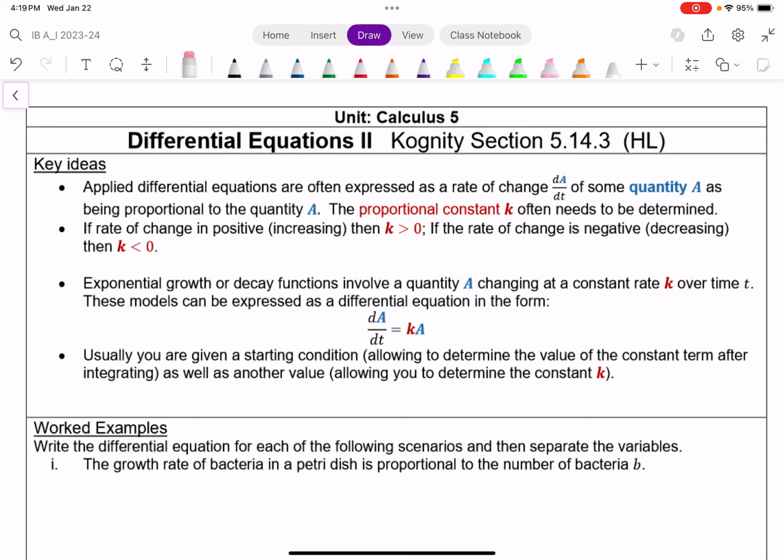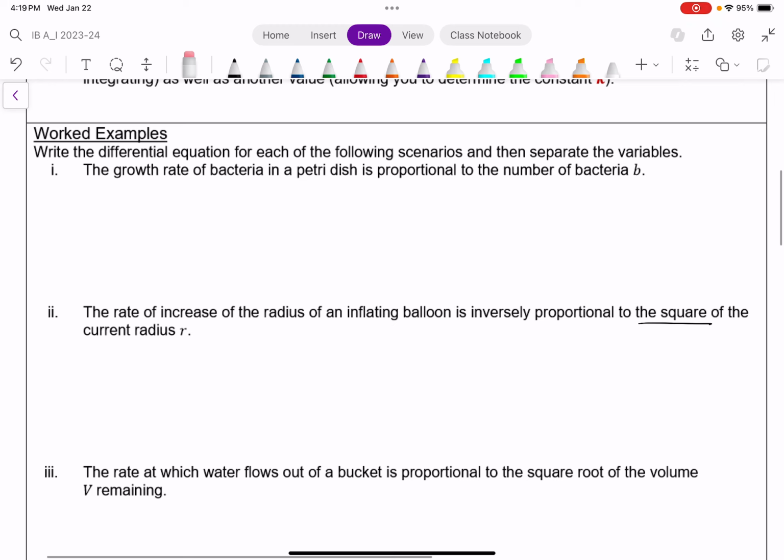All right, so continuing our introduction to differential equations from last time, this time we want to look at some more applications of it, but using a lot of the same skills we saw from before. So first, I got some quick examples in which we want to come up with a general differential equation and